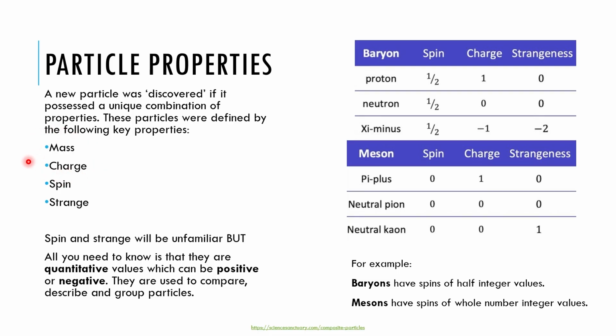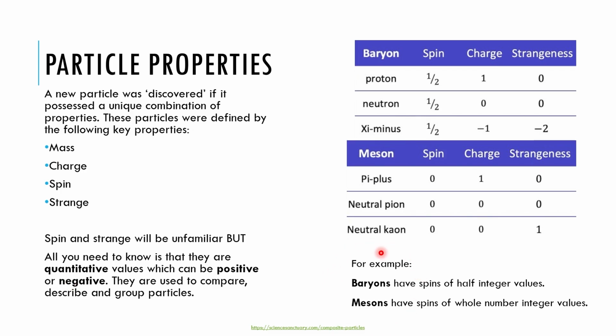Mass and charge will be quite familiar with. Spin has been talked about very briefly in some contexts, but is still probably quite unfamiliar. And strange is probably the first time you've heard about this one before. I want to make it really clear that in the context of this course, we don't have to have an in-depth understanding of what spin and strange actually are. All we need to know is that these are measurable characteristics of particles, that they are quantitative values that can be given for these, and that these values could be positive or negative. And therefore, if a particle has different sets of spin and strange, then that means that they are different from other types of particles.